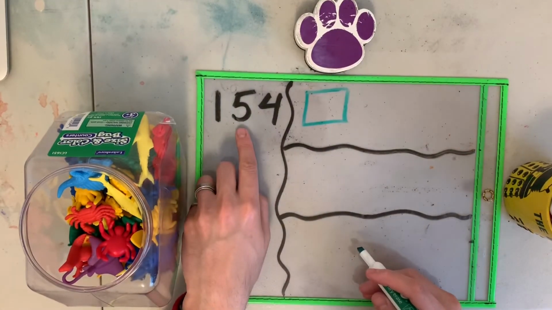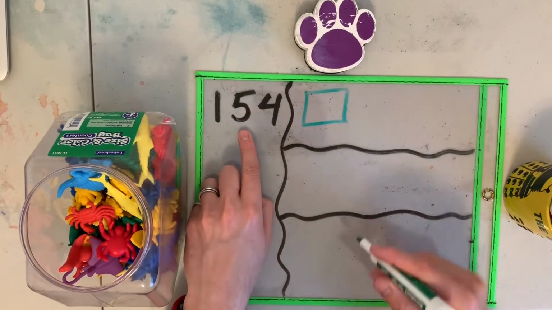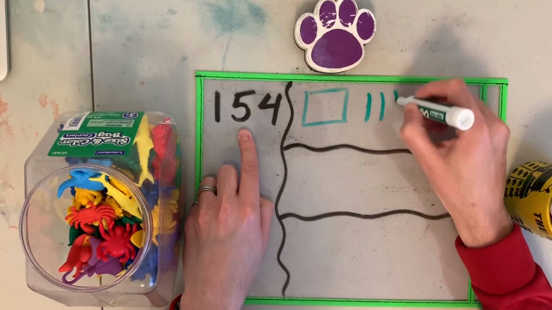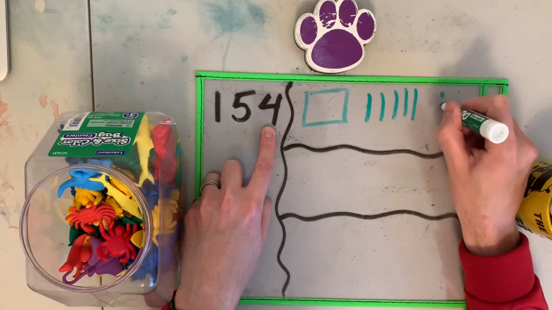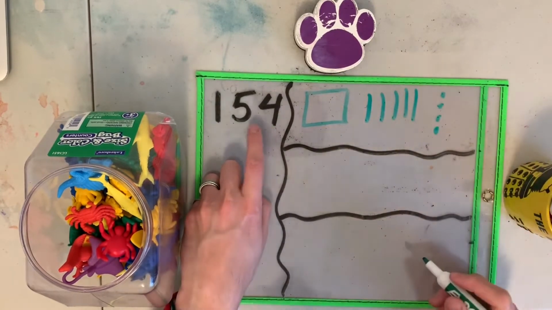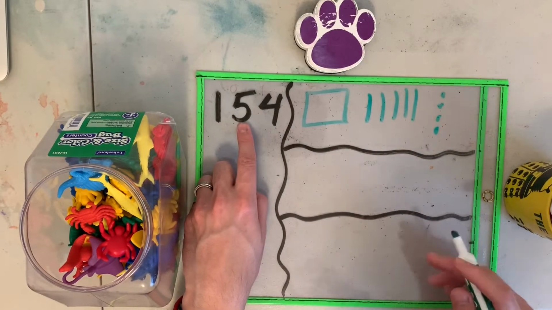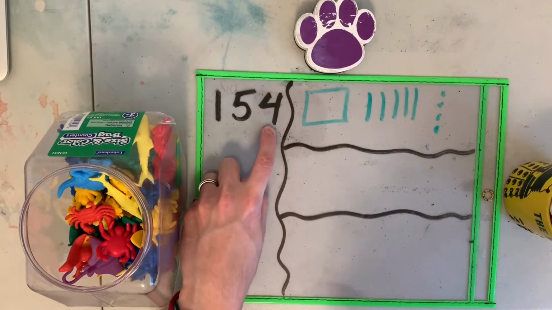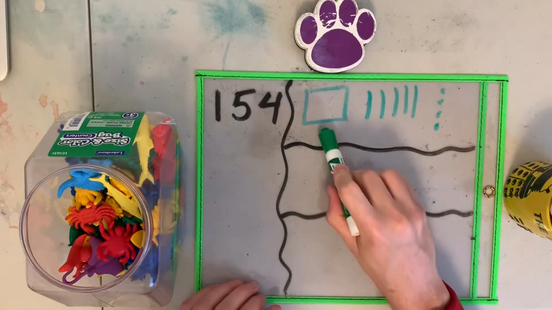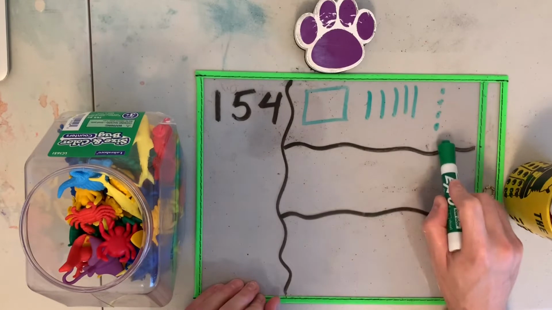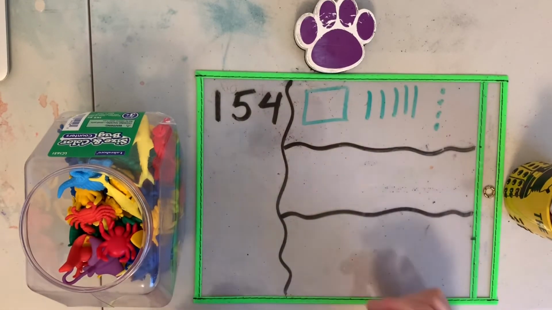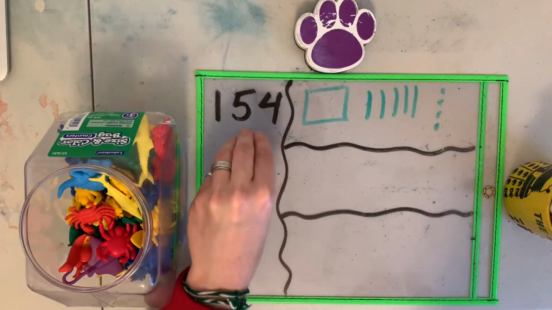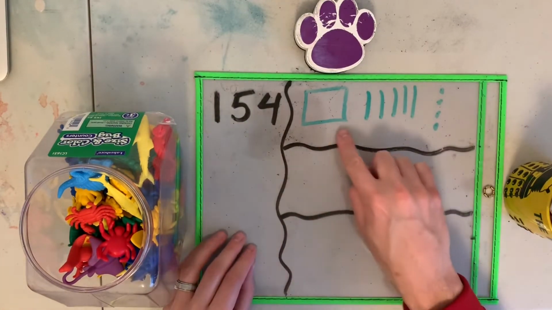Then 54, so I have 5 tens. 1, 2, 3, 4, 5 tens. And 4 ones. 1, 2, 3, 4. Una centena, 5 decenas y 4 unidades. 154. Good. Recuerda que las otras 2 formas son formas que representen este número, pero que se vean diferentes en